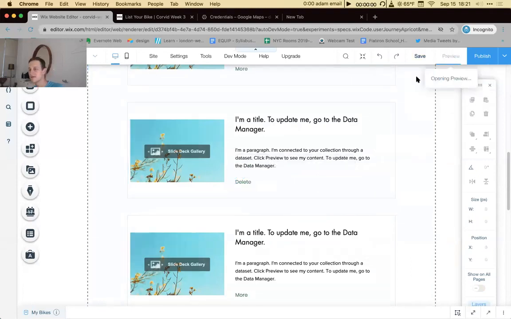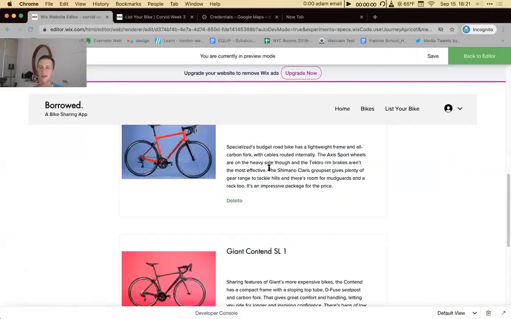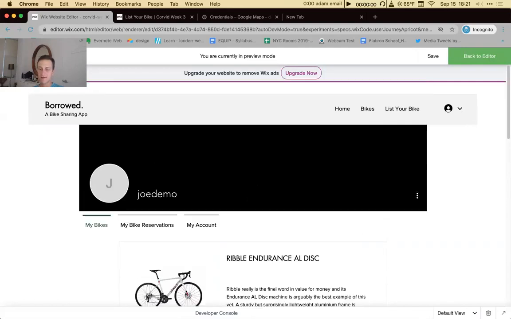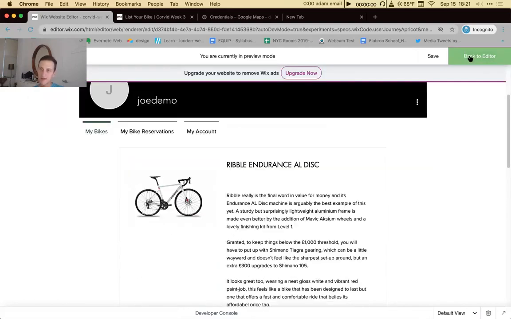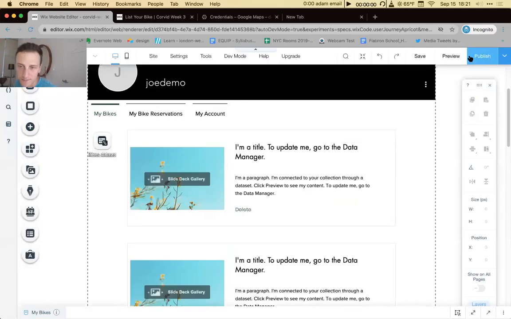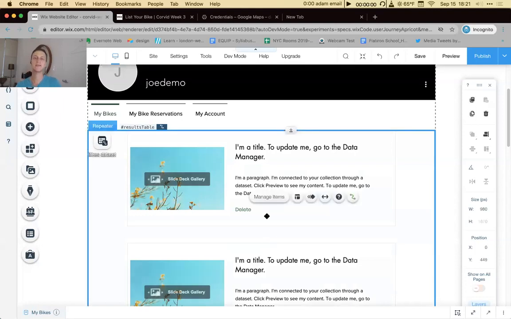And let's hit preview to see if this works. And it does. That's great, right? Here's all your bikes. Now, let's write some code. I want to get this delete button to work. What it needs to do is grab the current bike that I'm looking at,